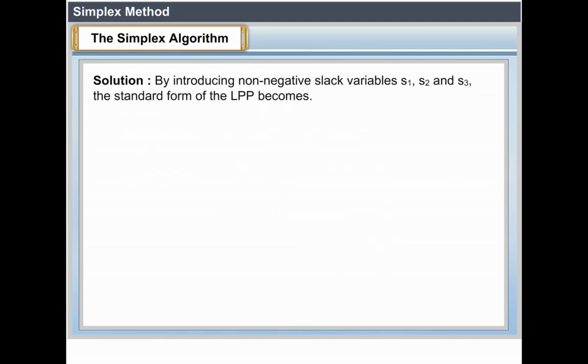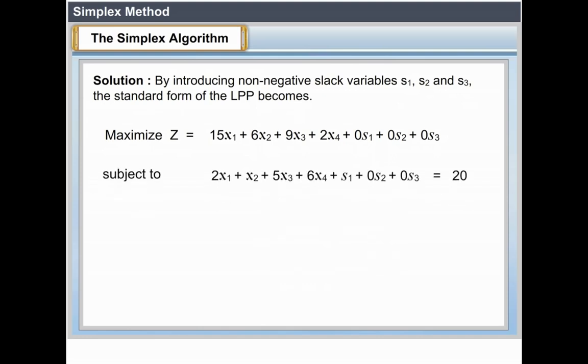By introducing non-negative slack variables s1, s2 and s3, the standard form of the LPP becomes as follows. Here we have to add 3 slack variables because we are having 3 less than or equal to inequality constraints. Maximize z equal to 15x1 plus 6x2 plus 9x3 plus 2x4 plus 0s1 plus 0s2 plus 0s3 subject to